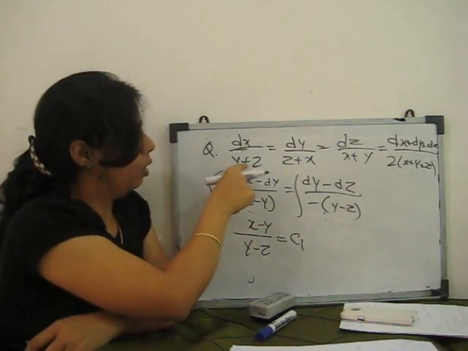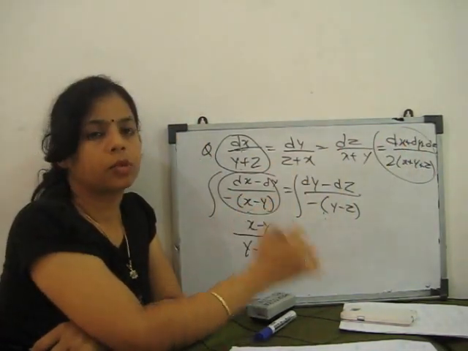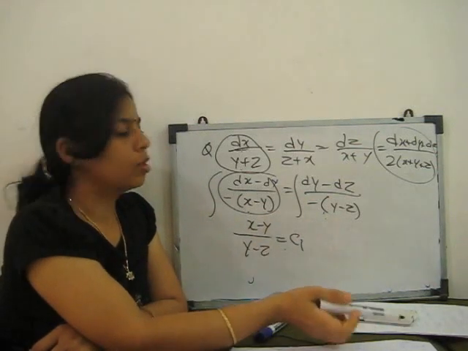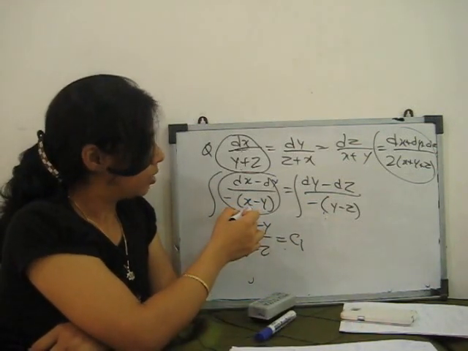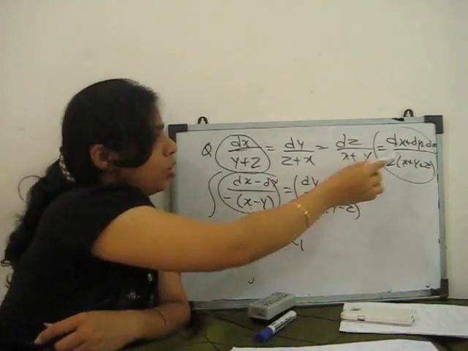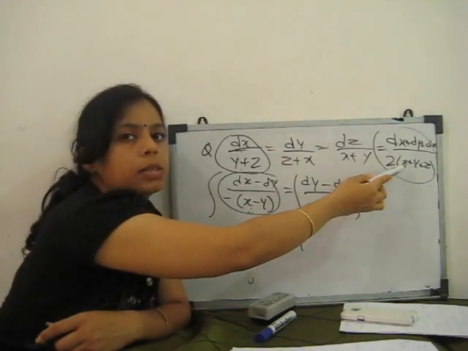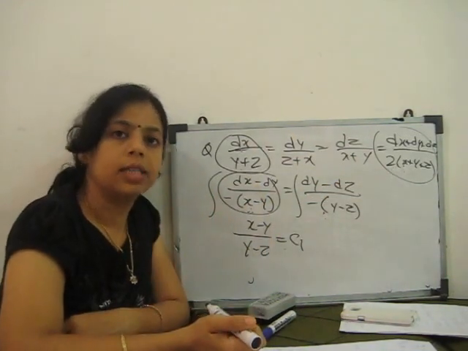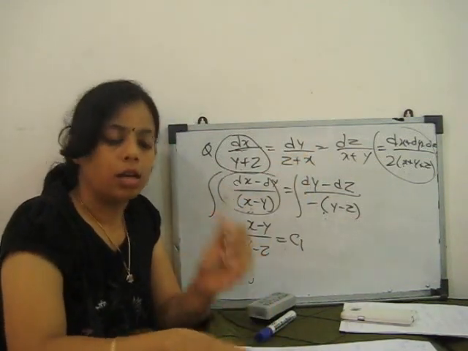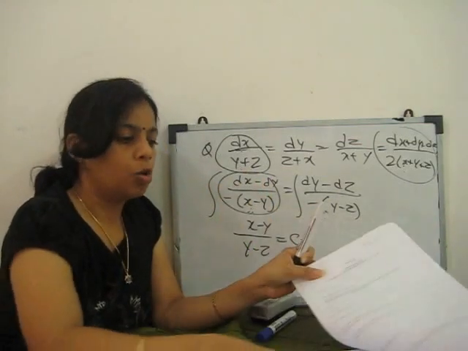Now for the second constant, we use this result. So one constant we get with this, and then for the second constant we use this relation, or this relation. With this or this relation we can easily integrate; this is also an integrable form, log of x plus y plus z. So we will get the second constant. So this is just by watching what types of questions there are.